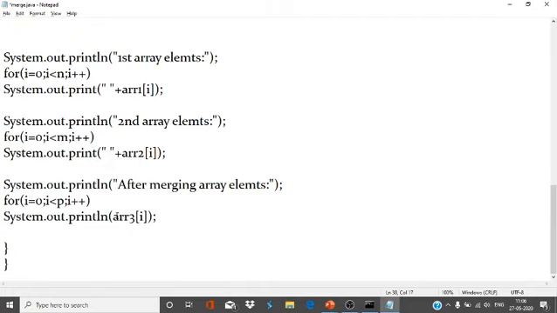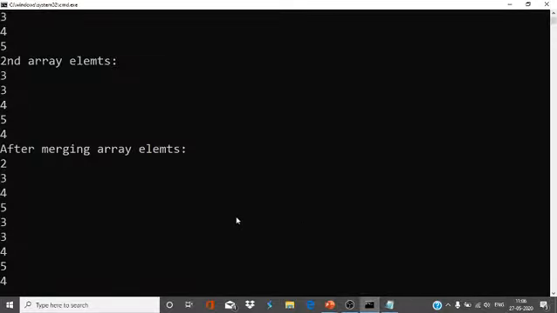Now compile it and save it. Again execute this program.